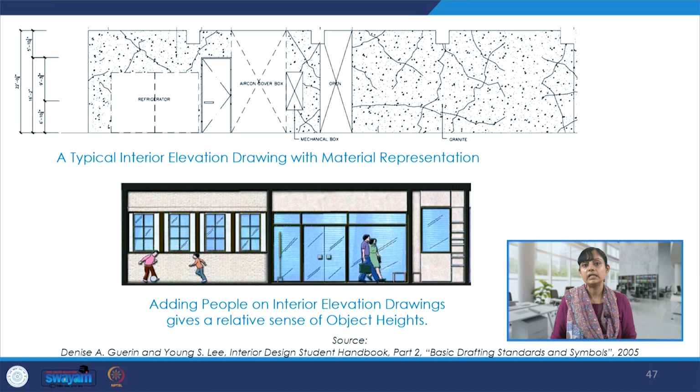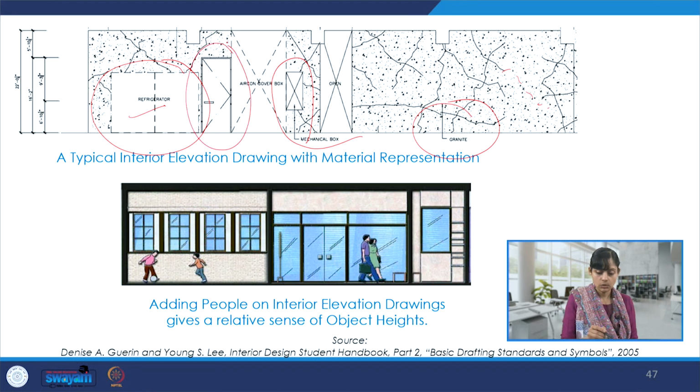This is another interior elevation drawing. It does represent material also. So if it is a stone or concrete, if there is any mechanical box or any service that needs to be incorporated, if there is some equipment, here it is a refrigerator, if there is an opening like a door or window, and then of course dimensions. They are done hierarchically like we were discussing. So this is the main outer dimension, then this one, and then this one, so that there is no clutter and these dimension lines do not crisscross or overlap. We maintain this sort of a hierarchy and keep it very clean.